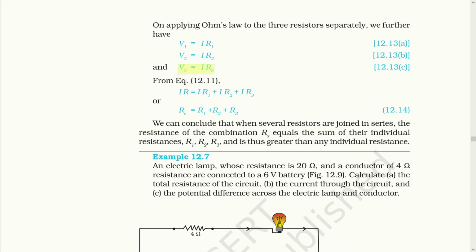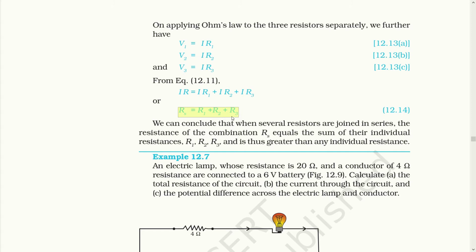Now, the total voltage across the circuit is V is equal to V1 plus V2 plus V3. So V will become IR according to Ohm's law, and for V1 we will write IR1, V2 is IR2 and V3 is IR3. As you can see over here, I is common in all the three resistances. So let's take I common, and that would be deduced from the left hand side, and you will be left with the equivalent resistance in series connection, that is equal to R1 plus R2 plus R3.